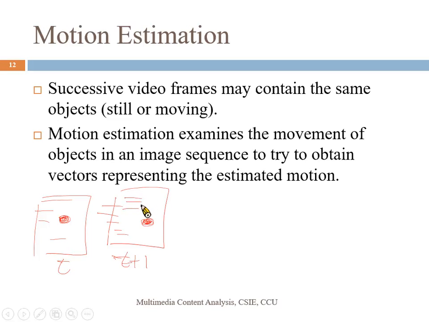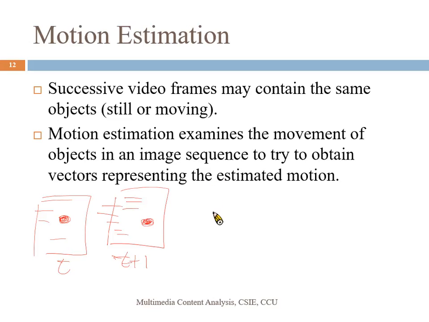So by accurately estimating the motion, we can largely reduce the resources we have to use to store the video data. So this is why we put much focus on motion estimation in video